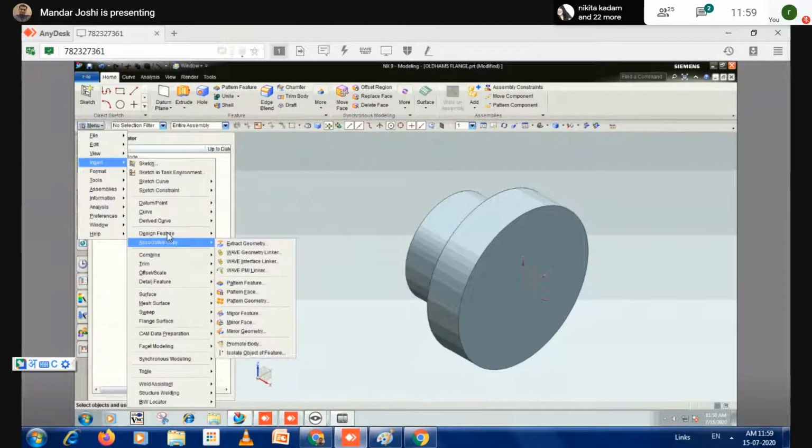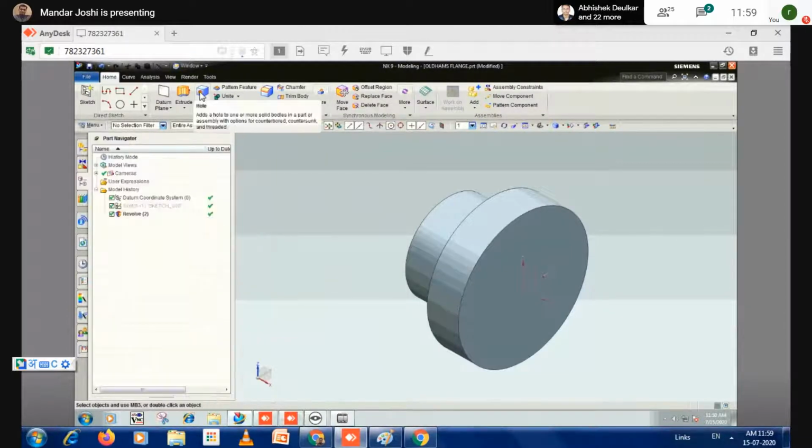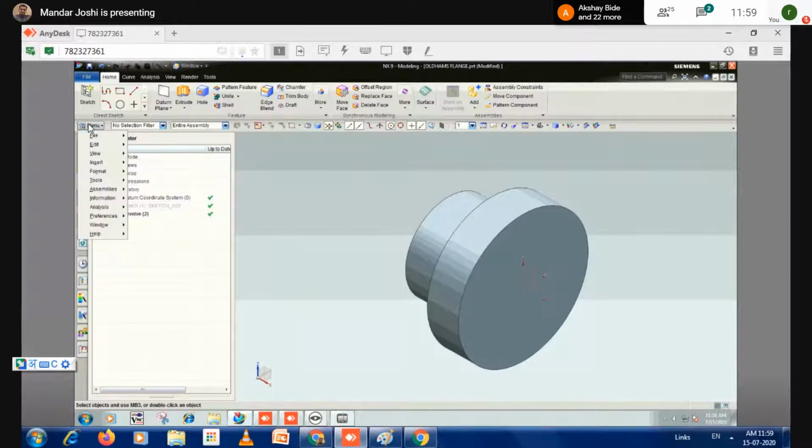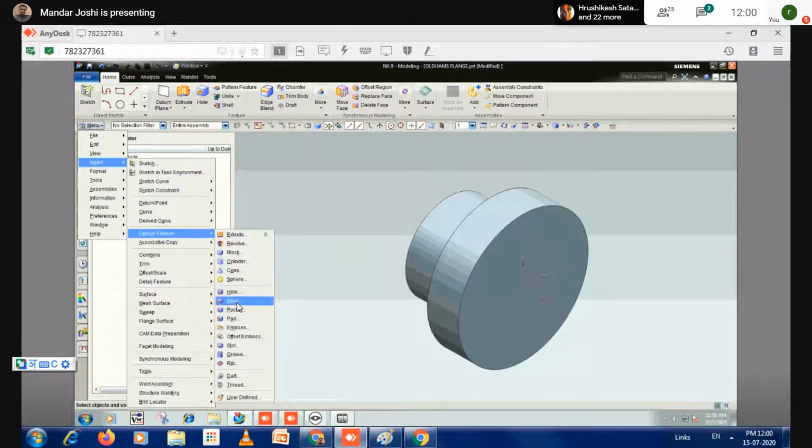Then use here design features. Here is the hole option. You may take the screenshot of the location from the menu drop down list, or you can directly select the hole from here. Okay, so I'm operating from here: insert, design features, then hole.